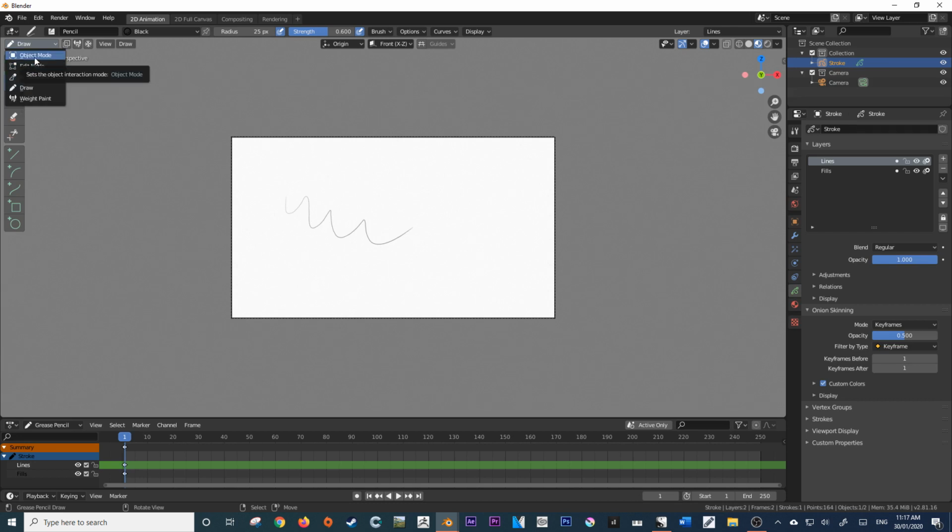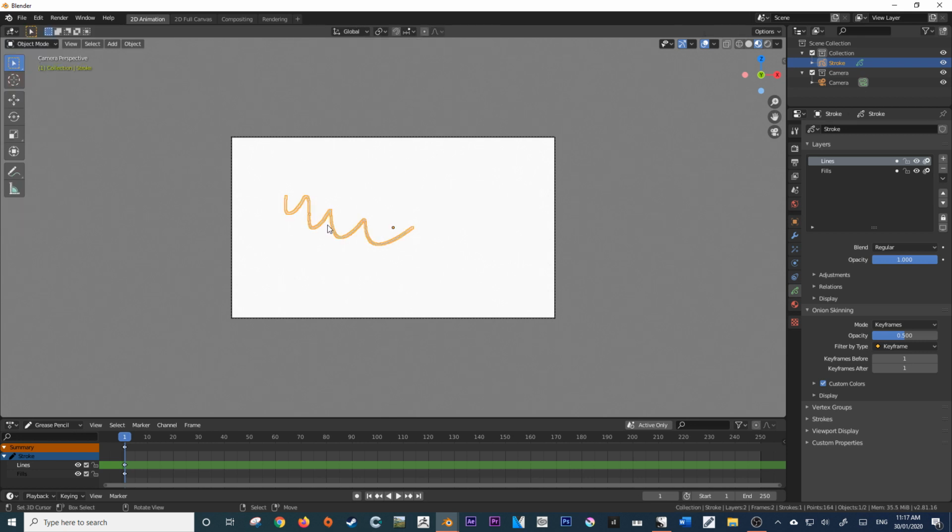of a universal interaction mode. So if I just click to it, this is the sort of default mode for any object within Blender. And it just means that I'm able to move it around in space. I'm pressing G to move, by the way. Just think of G to grab. So, back into draw mode.